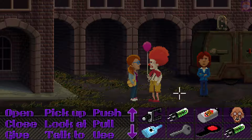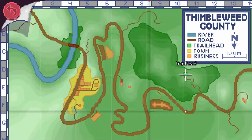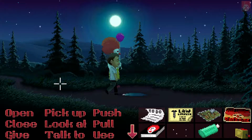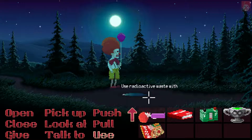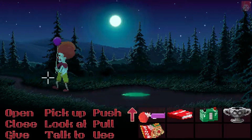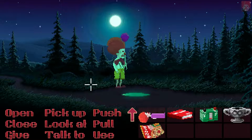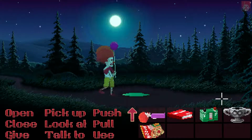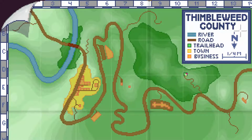I think that's everything. So, as Ransom, we're going to the trailhead. And random NPCs come through this scene, as you can see, going to the secret meeting. And they walk through this puddle. However, if we fill the puddle with radioactive waste, and then go out, go in again, unless no one's actually going to walk through. No? That's weird. Right, so we'll just wait for a second for that, but we do need a couple of